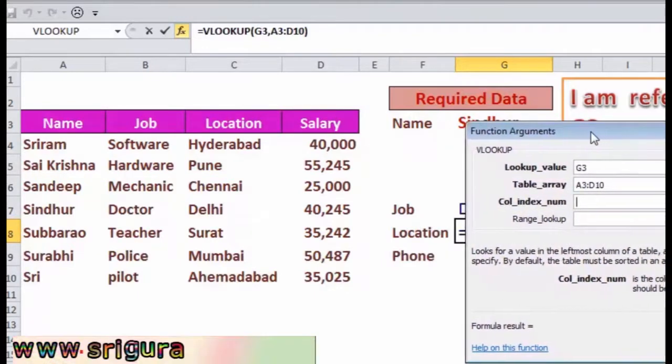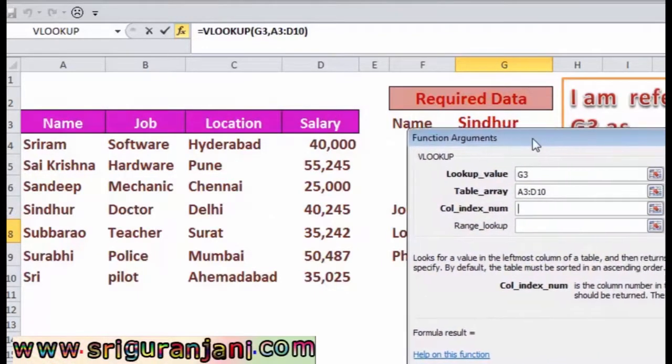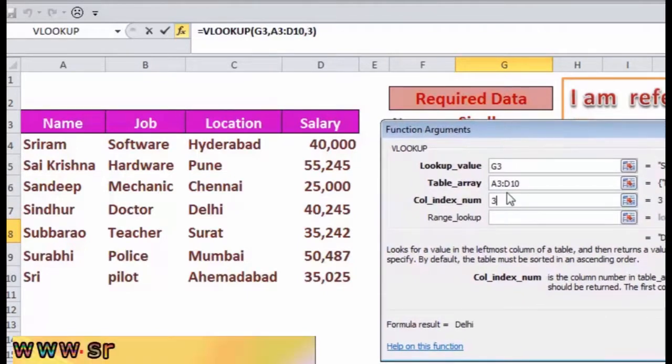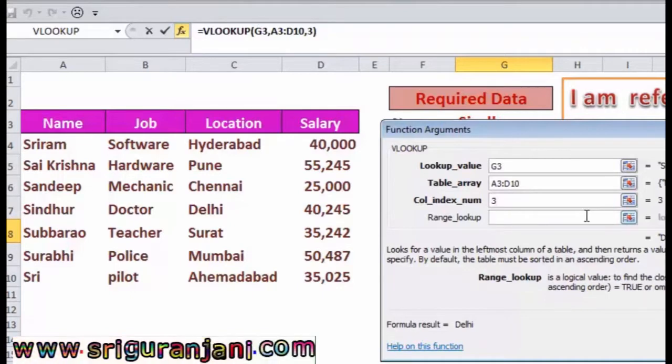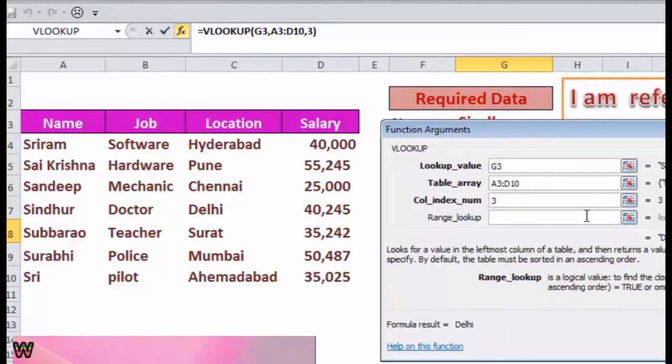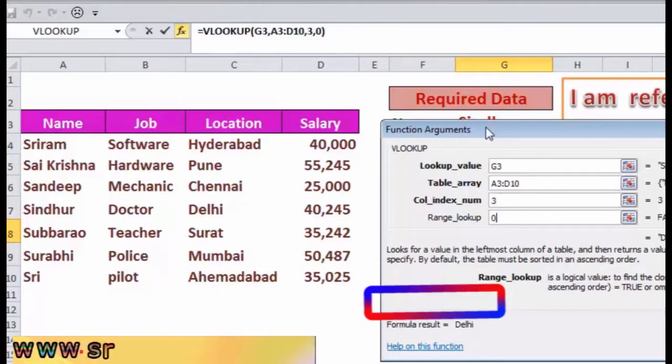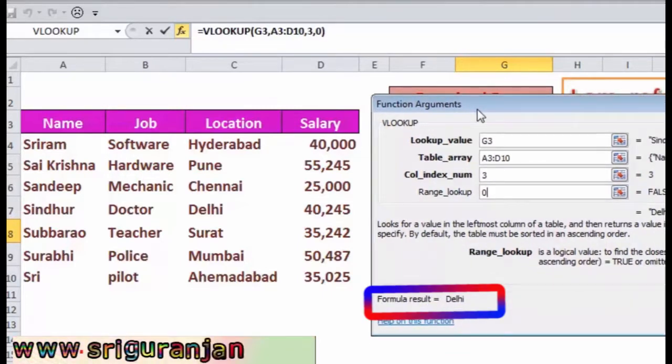Now I am creating the formula for location, which is in the third column, so assigning 3. For range lookup, I need an exact match, hence assigning 0. The answer is Delhi. We can find it in this dialog box itself.